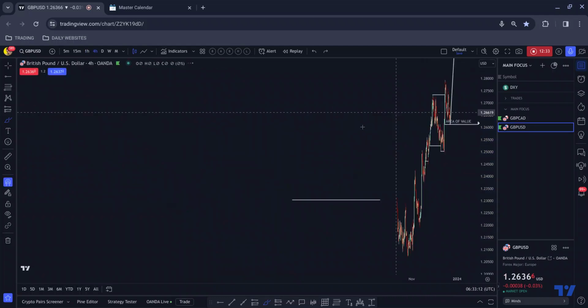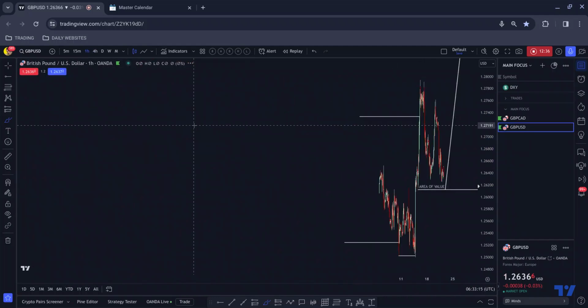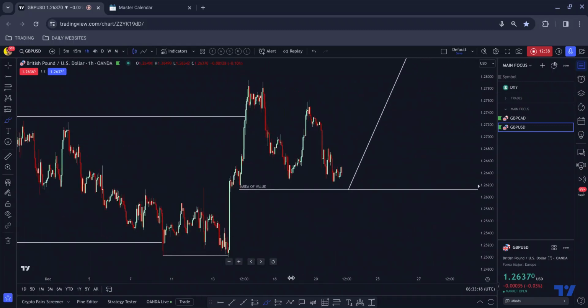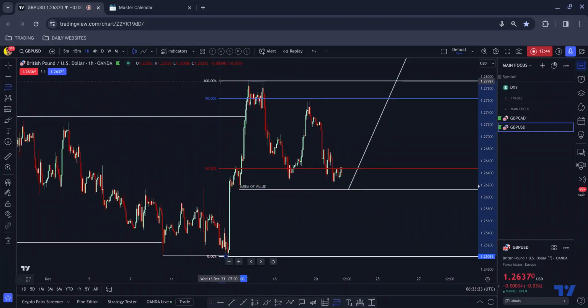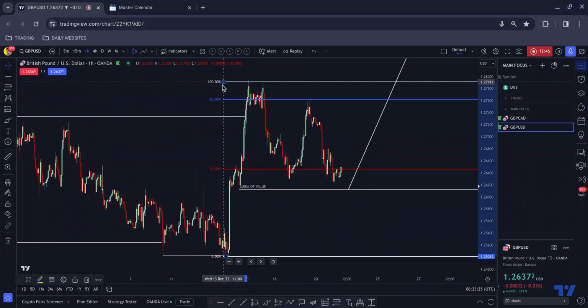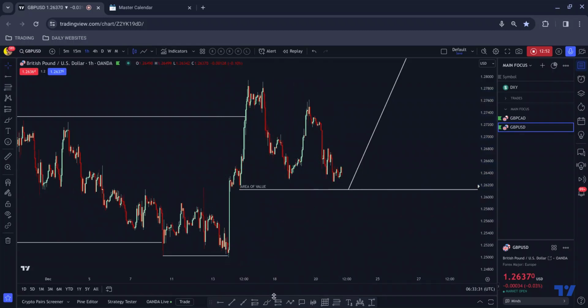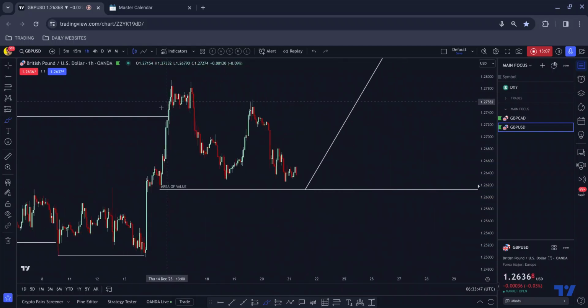Okay, and just to touch on it as well, if we look at the proportions, this is not that typical. We've kind of pulled back. If we were to tap into the area, we would have pulled back about 70% of the move, which is slightly uncommon. And when that happens, you're more likely to be tagged in, tagged out. Price comes back down to here, perhaps forms some kind of M-style pattern, what we call an M-style pattern, and then moves to the upside, especially given how pound dollar has been moving all in all. So this is partly why this is lower down on the list as well.